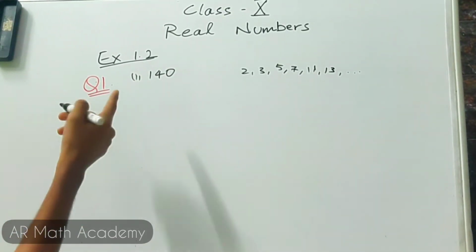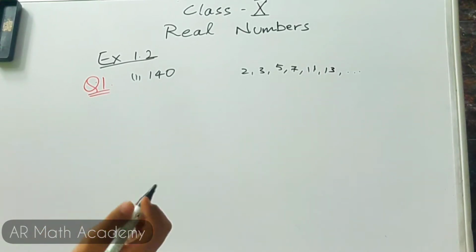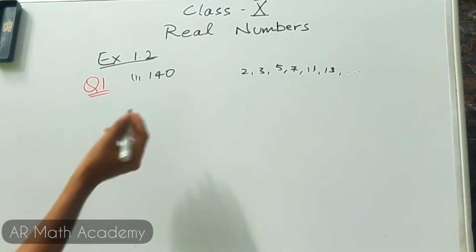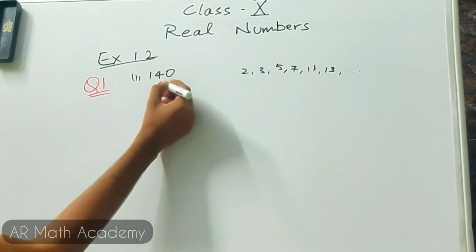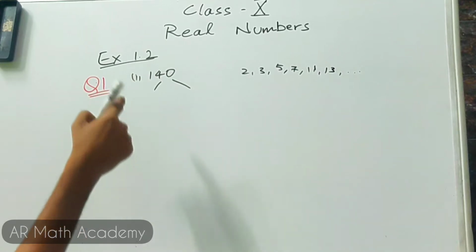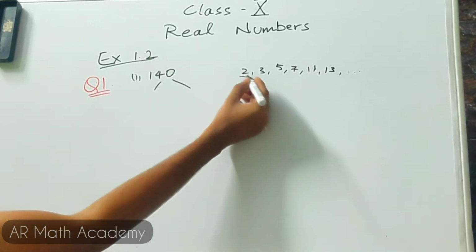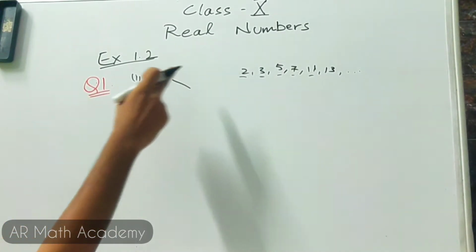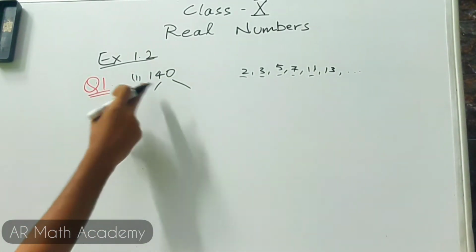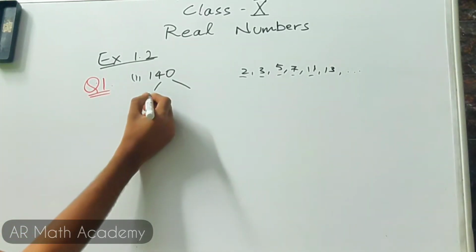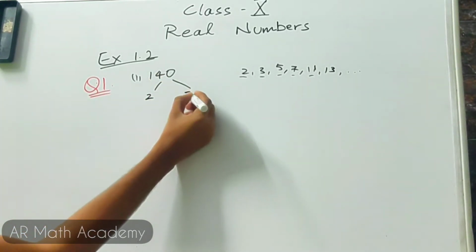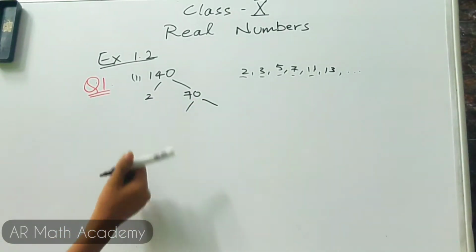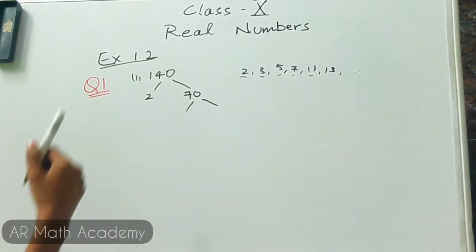I've already taught you how to do that about two videos ago, and the same method is going to be used in this problem. The lowest prime factor should always be considered first. So 2, 3, 5, 7, 11. The lowest is 2, so check if 140 is divisible by 2. Yes, 140 is obviously divisible by 2. 2 times 70 is 140. Now again split 70 by 2, the lowest prime factor.